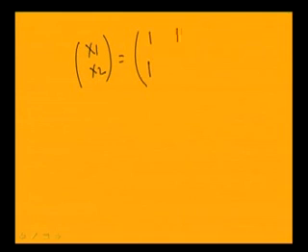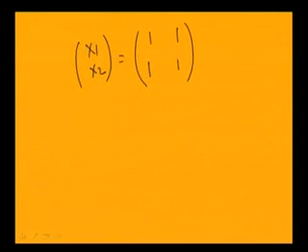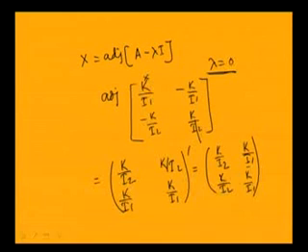So, I am normalizing this with respect to x2, or I am keeping k2 by I2 equal to 1. So, by keeping this I can write this adjoint of A minus lambda I equal to 1 1. So, this is the adjoint of A minus lambda I. So, your x1 and x2 you can obtain by taking any column of this adjoint matrix. So, you can observe that the normalized values of both columns are the same. So, you take any column to find the